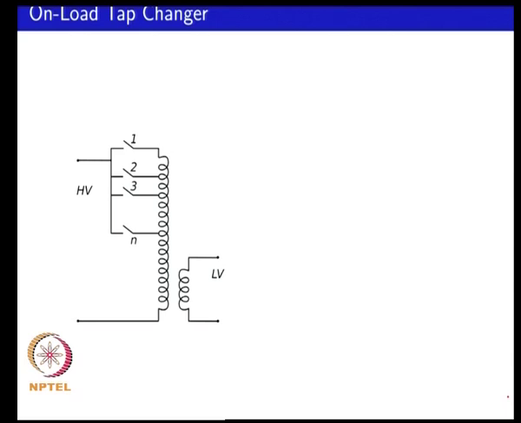So you could adjust the taps on the high voltage side to meet this requirement, and one needs to keep in mind that you are not actually commanding your low voltage side, your 11 kV voltage side to be exactly equal to nominal. You are actually commanding your voltage on the secondary side to be some nominal value